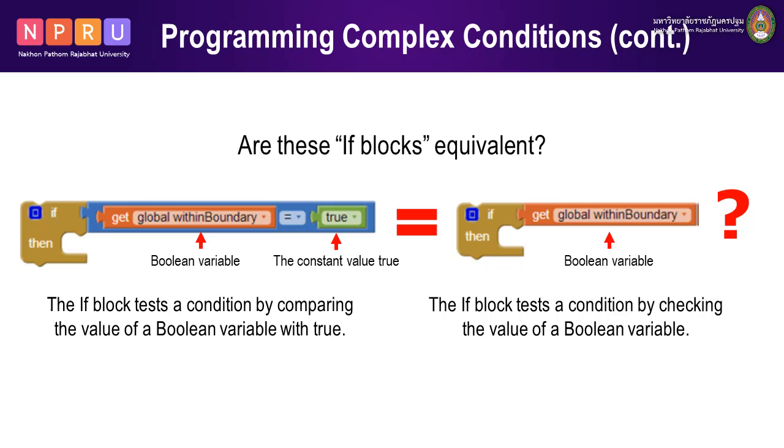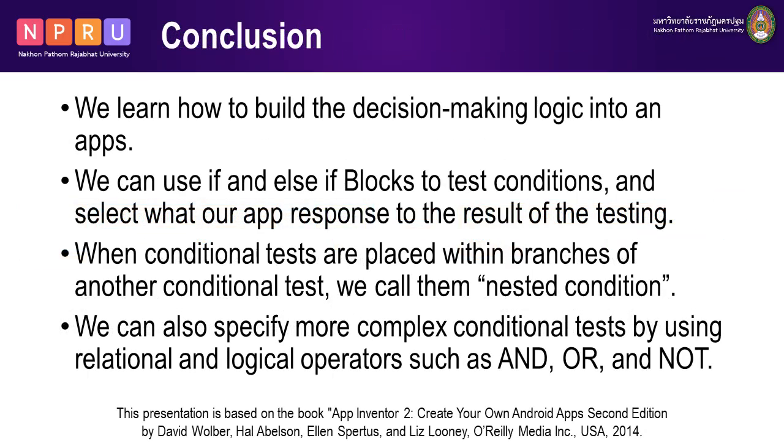Finally, we'll take a look at the conclusion of this lesson. In conclusion, we learned how to build decision-making logic, how to use if and else-if blocks to test conditions, and select how an app responds to the result of the testing. And then, we learned nested conditions, where conditional tests are placed within branches of another conditional test. In addition, we have learned how to specify more complex conditional tests by using relational and logical operators such as